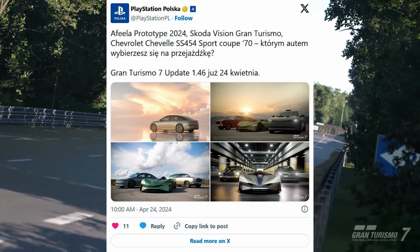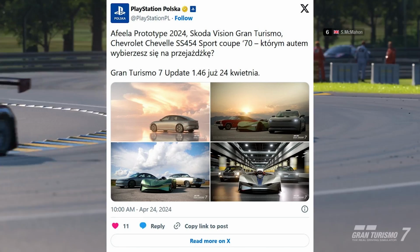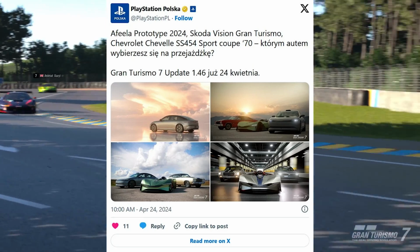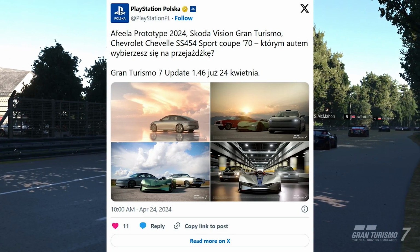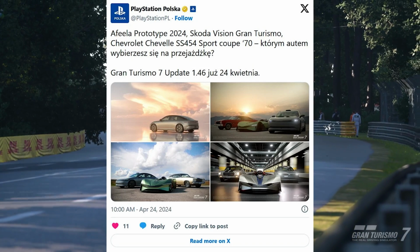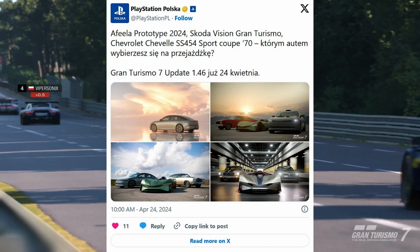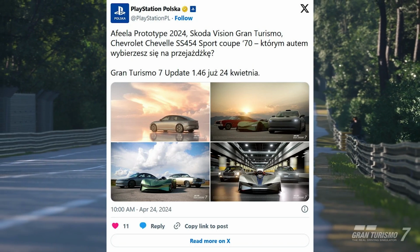So here we go. It seems that this is a recurring theme for Gran Turismo updates. It hasn't happened in a while, but it does seem that one of the official PlayStation accounts has jumped the gun and released images for update 1.46. This is clearly, as you can see, from PlayStation Poland, and it goes on to mention three new vehicles coming